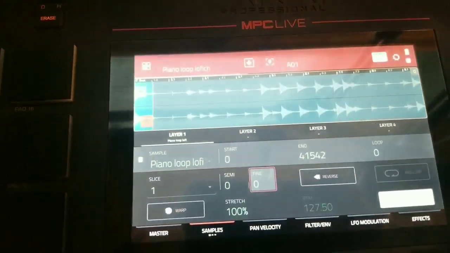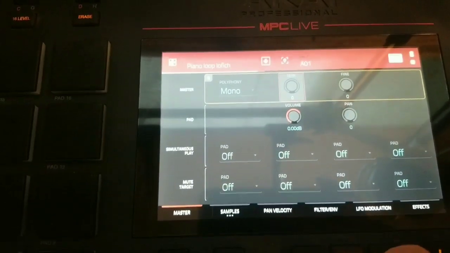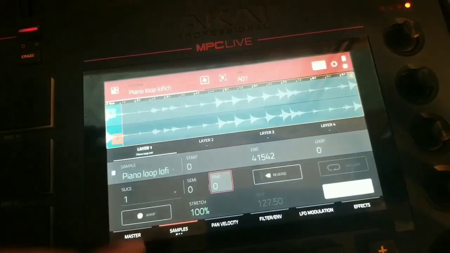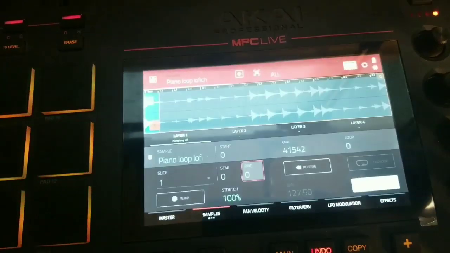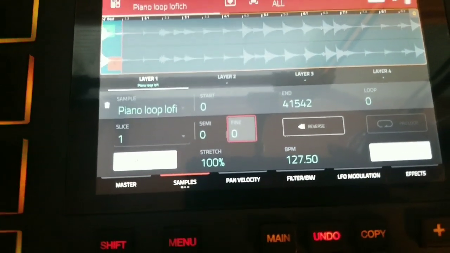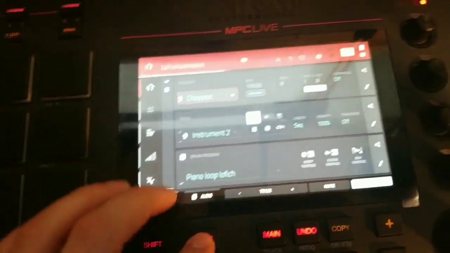And I kind of want to change the pitch of this a little bit, so I went to master and I did the whole program all at once by turning the semitune down 3. Then I went back to samples. I made sure all of my pads were selected and turned warp on. Make sure your tempo is correct. So now I have